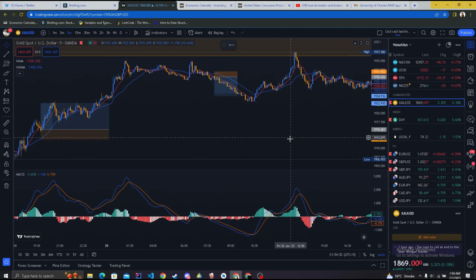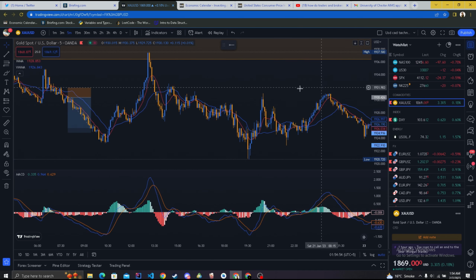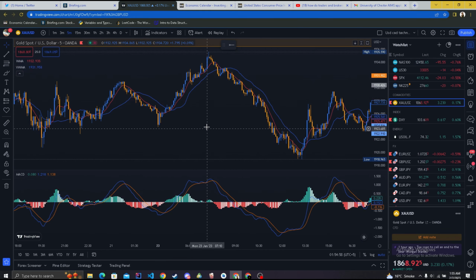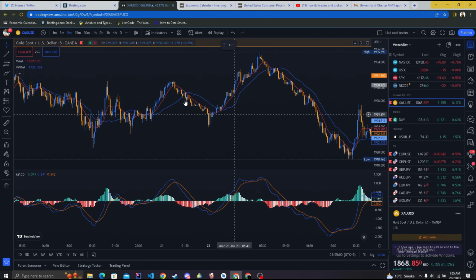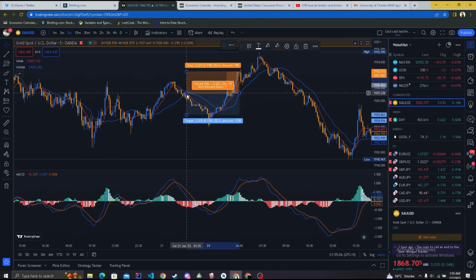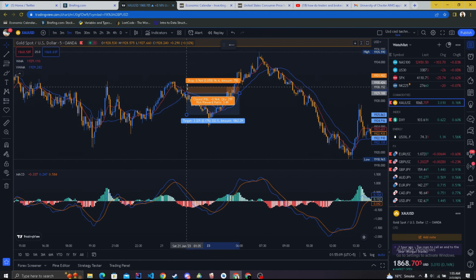So guys, this is repeatedly shown on the market. The market repeats itself over and over again. This is also a very perfect example. This one is also a very perfect example. You can see over here, guys. This is a very powerful strategy